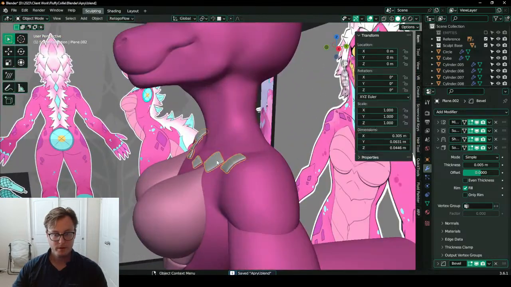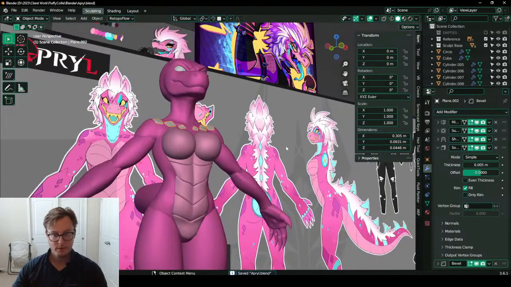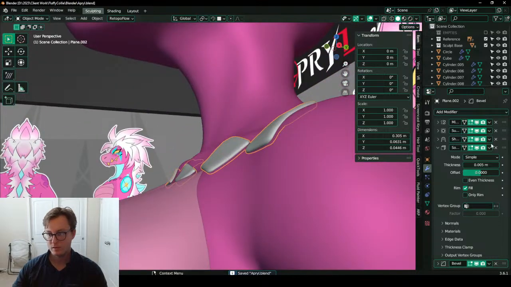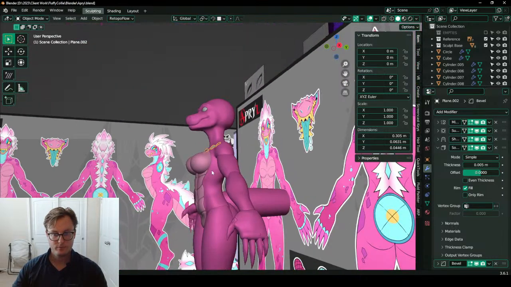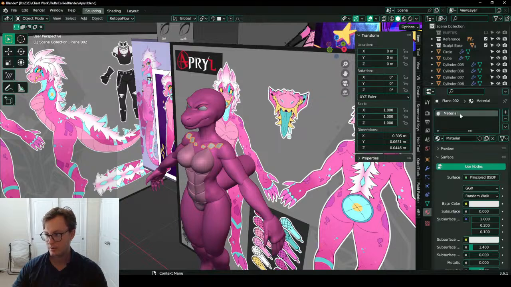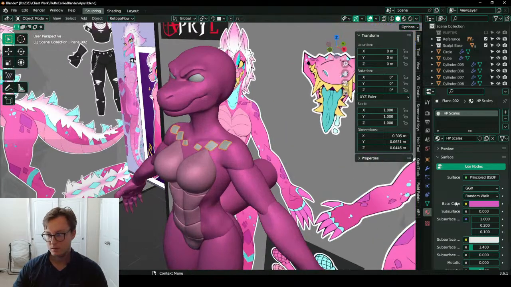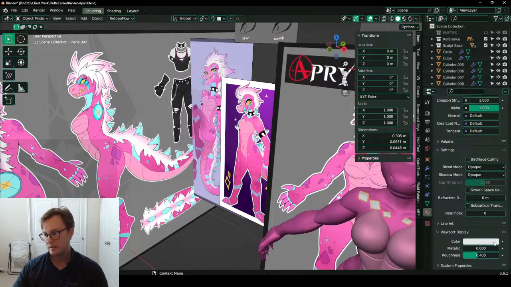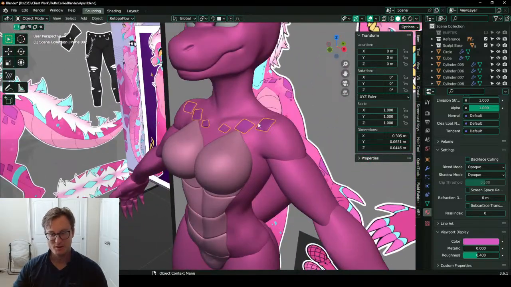Not for now. Not for the moment. Let's give it a new material. HP scales. And it'll be this blue here. Or that's not blue. It's a blue or pink. Leave me alone. No, that's a joke.